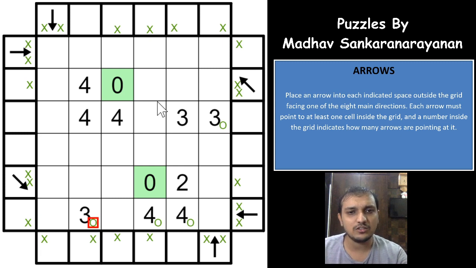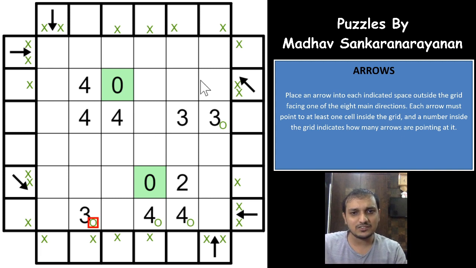Now the next thing that you see in this puzzle is these 4s, right? This 4 exactly. So whenever you have a number that is on one of the main diagonals, so this is a main diagonal, right? And this is a main diagonal. Whenever you have a number on the diagonals, instead of 8, there will be only 6 cells pointing towards that number. So this cell is not on the main diagonal, and this can be pointed by 8 different cells. 1, 2, 3, 4. And diagonal 4 cells, 5, 6, 7 and 8, right? So this number is pointed by 8 different cells if you have arrows on all the cells. But whenever you have numbers on the diagonals, it will only be pointed by 6 cells, right?